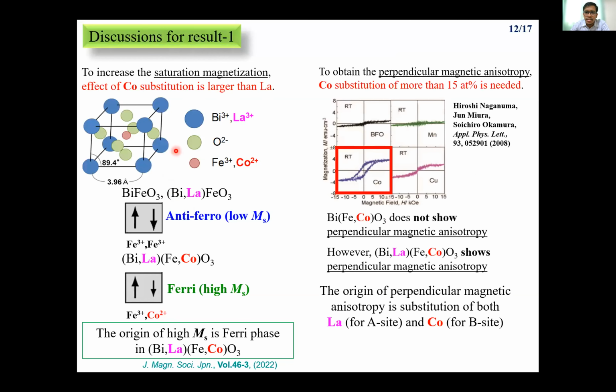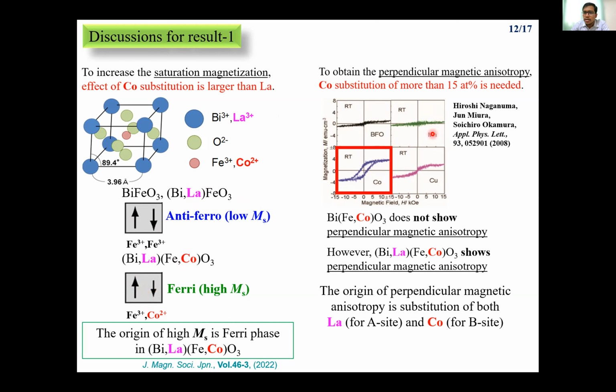So actually this is a very rough discussion. We are not going into a very detailed discussion. As we see, the magnetic moment gets cancelled with only lanthanum, but when we put in cobalt, maybe some of the magnetic moment gets depressed, so that the entire magnetic moment is not cancelled. We are getting some enhanced magnetic property.